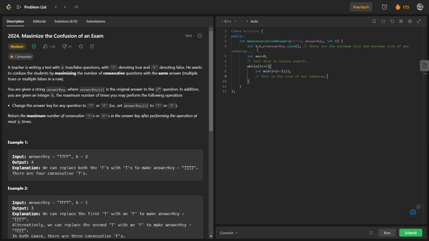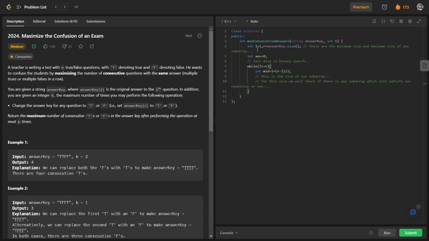For this size we will check whether we can have our solution or not. So I will write here, for this size we will check if there is any sub array which will satisfy our condition or not.